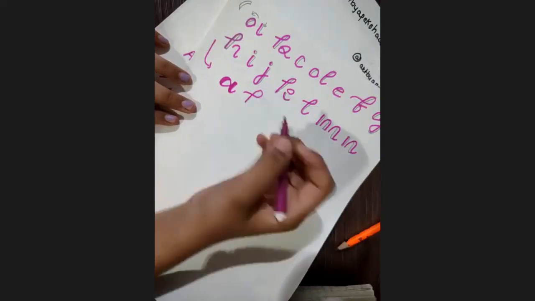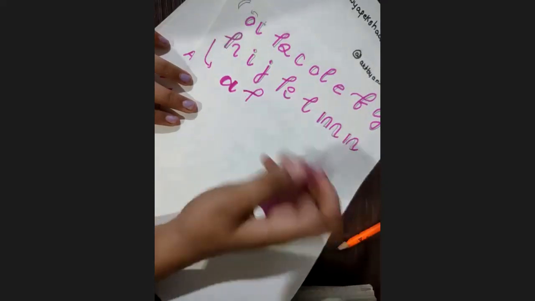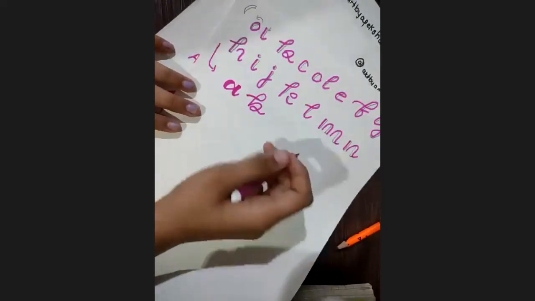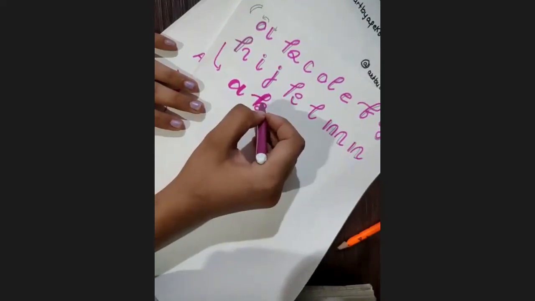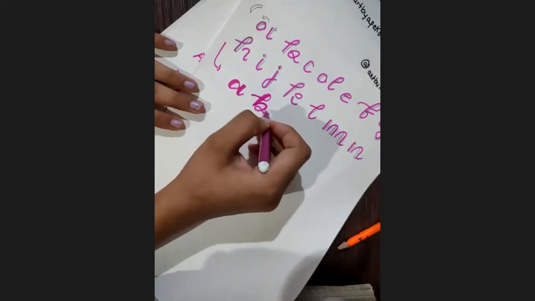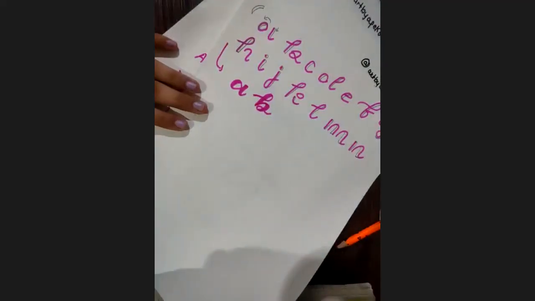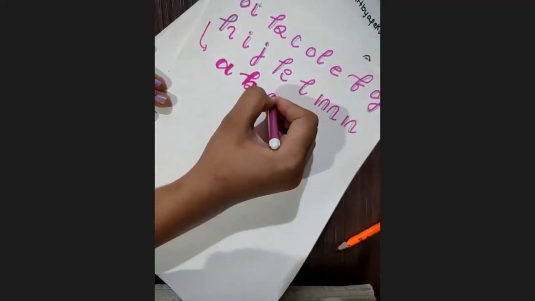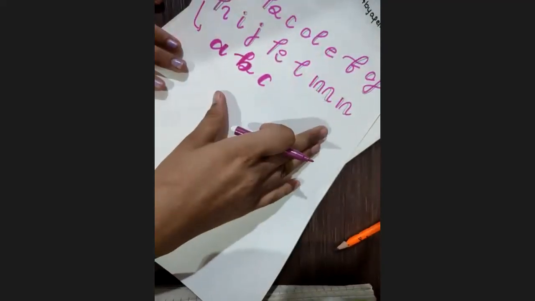B. This is the entry stroke जो हमें हर अल्फाबेट के लिए लेना है. So this goes here and out. This is B. अब ये यहाँ से नीचे आ रहा है. So I'll give it a double line here. And then यहाँ से ये ऊपर से फिर मैंने चेक किया ये कहाँ से आ रहा है. So ये ऊपर से नीचे जा रहा है. So I'll put a double line here. Again, C.